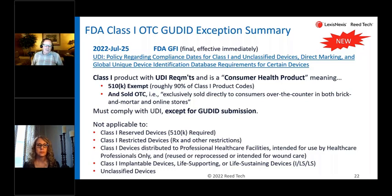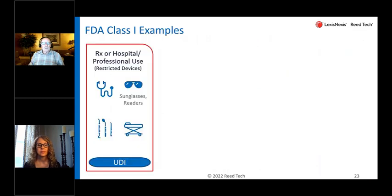I think there's only a handful of product codes that are Class 1 and fall into that category. And then unclassified devices, so they're not able to claim this exemption. They still must report data to the GUDID. So that's a couple of the details in that guidance document. The link is live there, so when you download the information, go ahead and read some details. But to summarize,